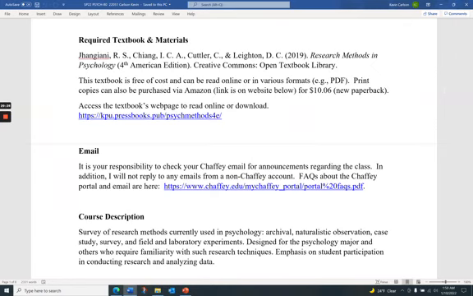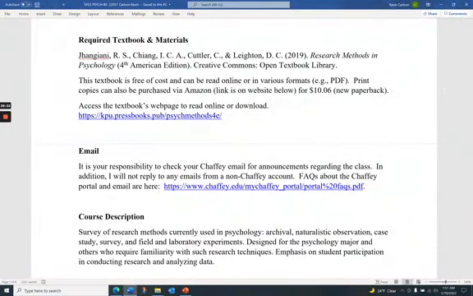If you really want a paper copy, there are print copies available through Amazon, and the link is on that website that I have right there. So if you go to that website, you can see how to get paper copies through Amazon, and it's about $10, if you really want a paper copy, if you don't want to read something online.